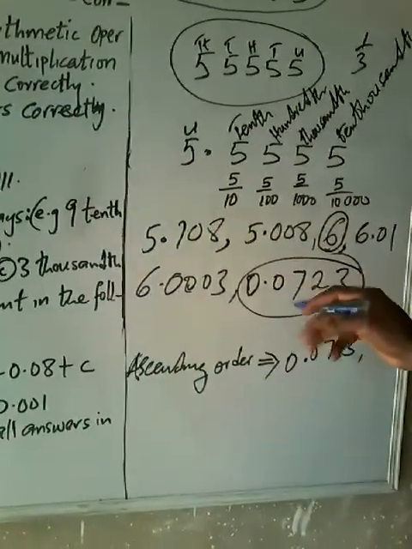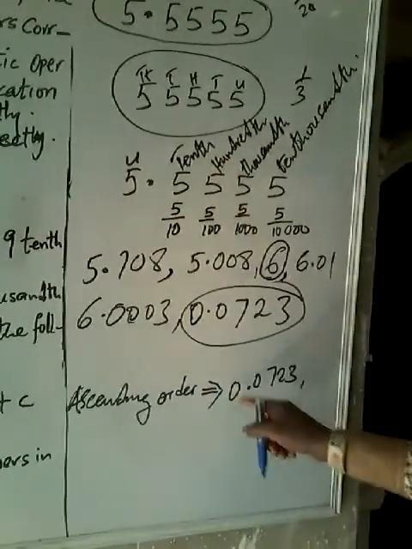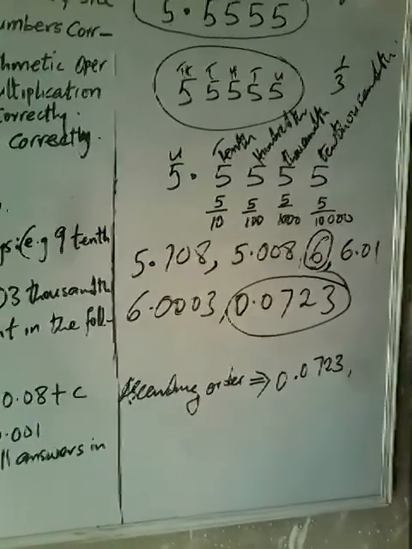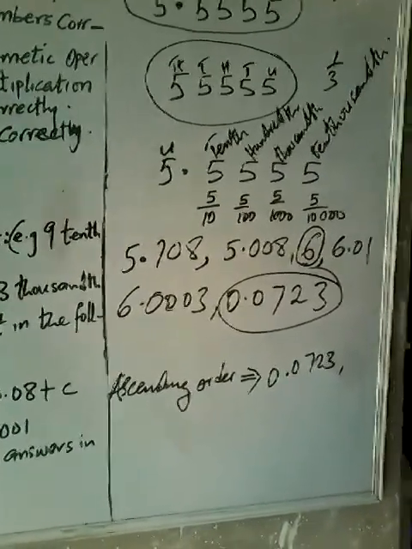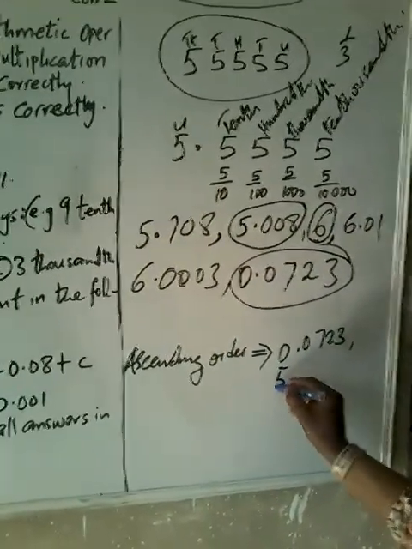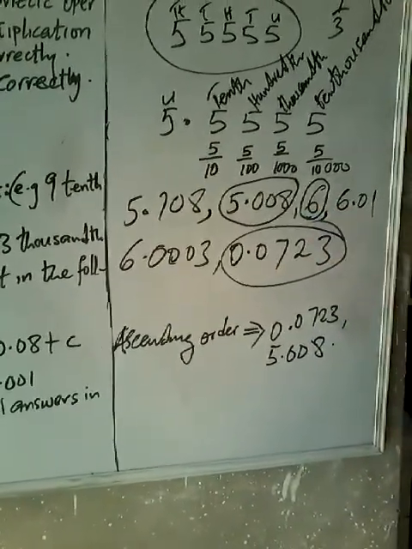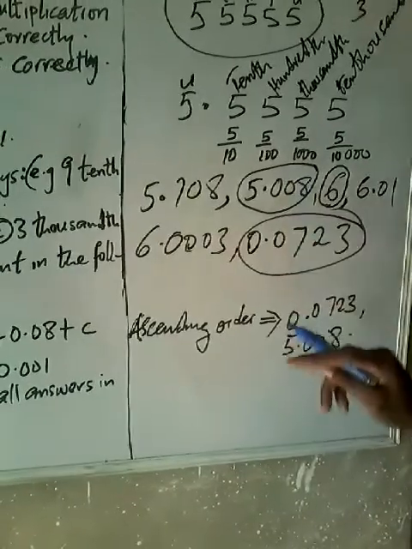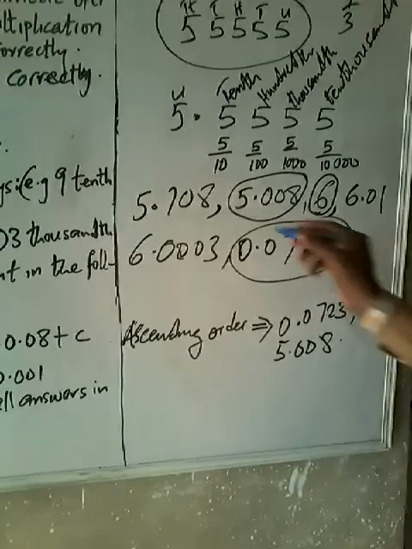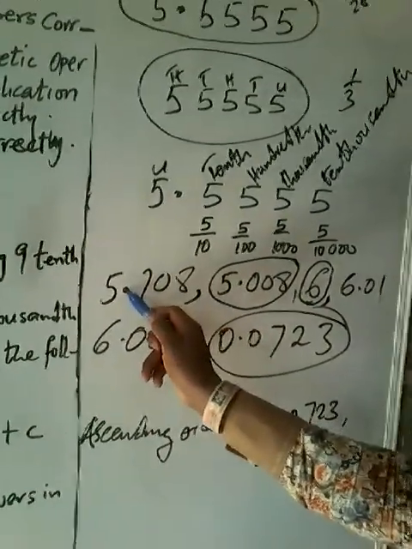Then you go to the next one that has the next bigger number before the point. If you have 0 here, then the next one will be the one that has 5, and it will be 5.008. Look at this, 5.008 and 5.708. This 5.708 is bigger than this because the next number after the point